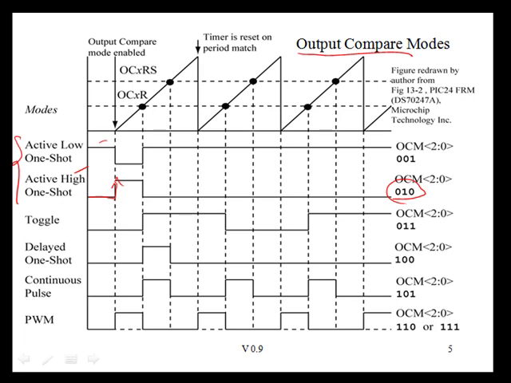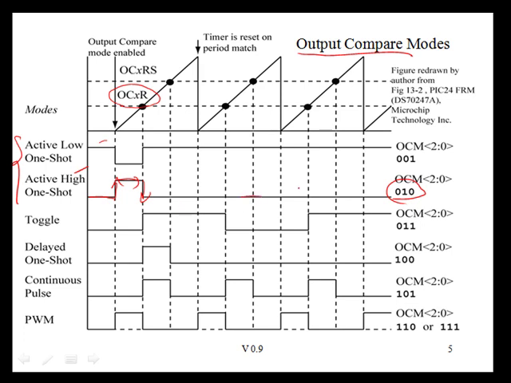When you do that, the output compare pin will go high, and it will remain high until the value in the output compare register matches either the timer 2 or timer 3 timer value, whichever one has been selected. When that match happens, the output pin will be reset back to its idle state, and it will